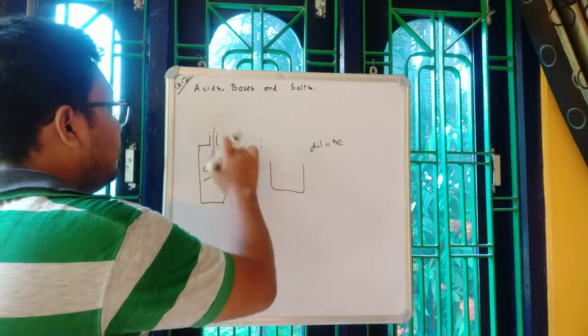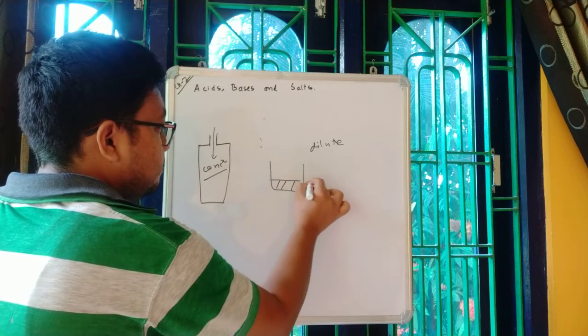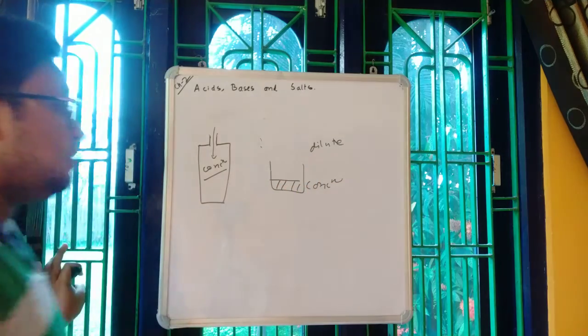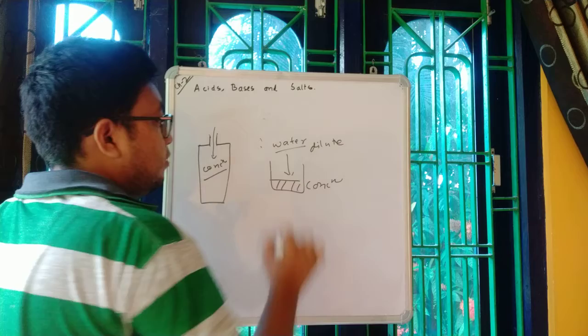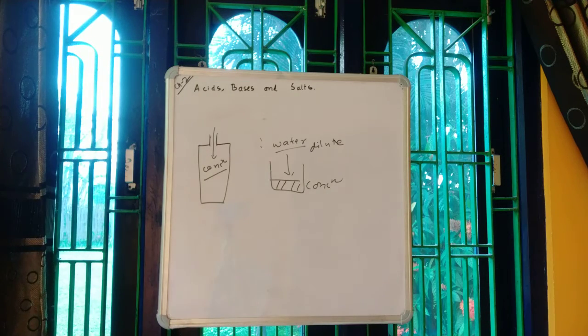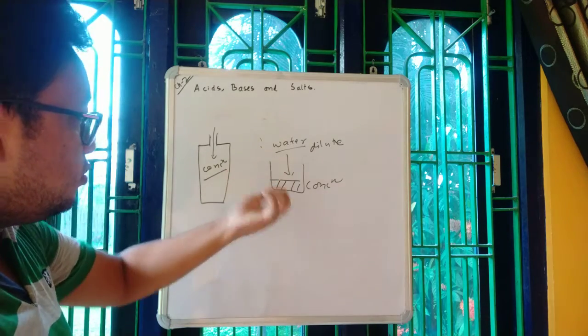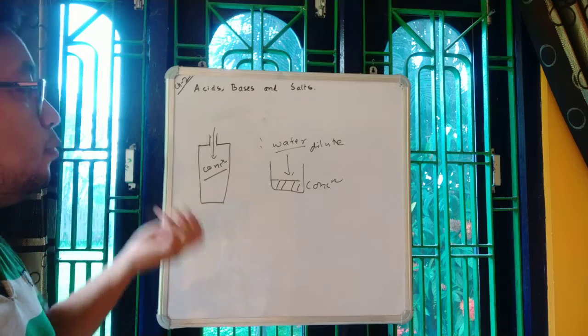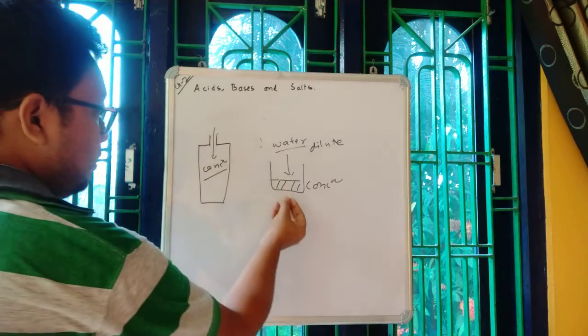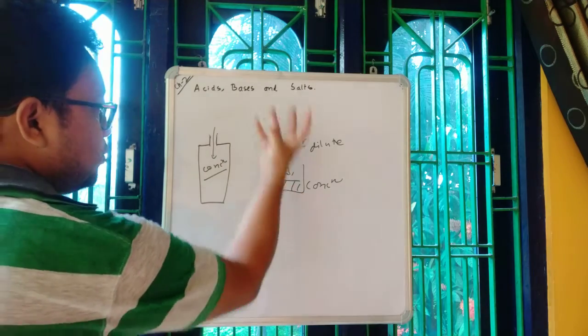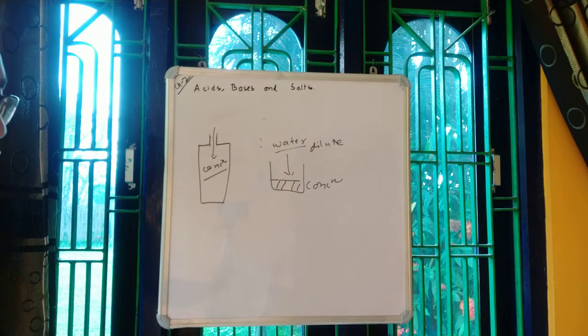That means if you take out some concentrated acid here, and then if you drop water on it, then it may create problems, because the process of dilution is exothermic. A lot of heat is produced. So when you add water, because of this exothermic nature, a lot of heat will be produced, and as a result of this extreme amount of heat, the acid can be splashed out of this container, causing burns to the operator.